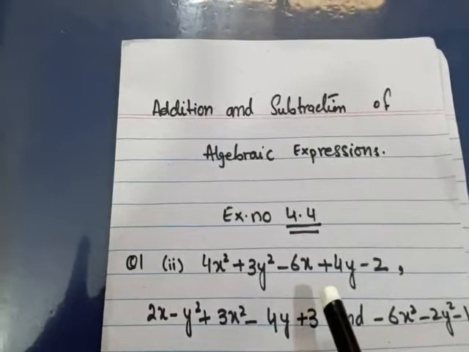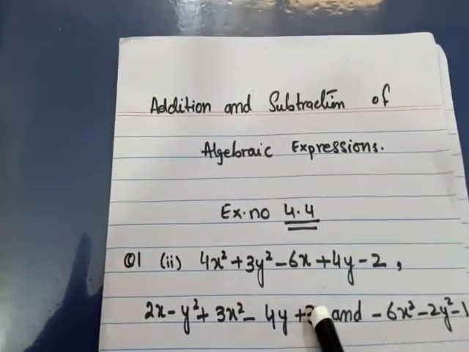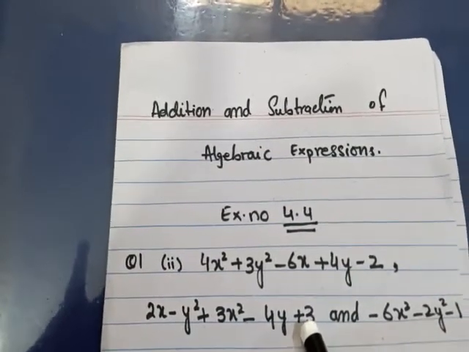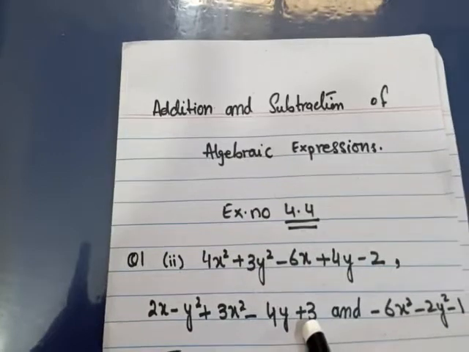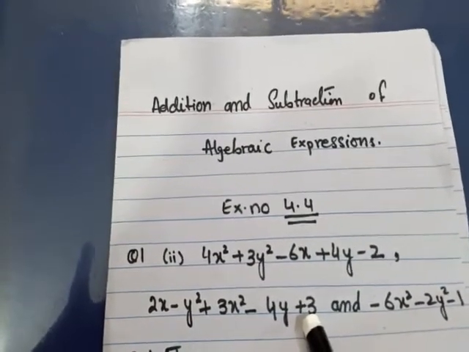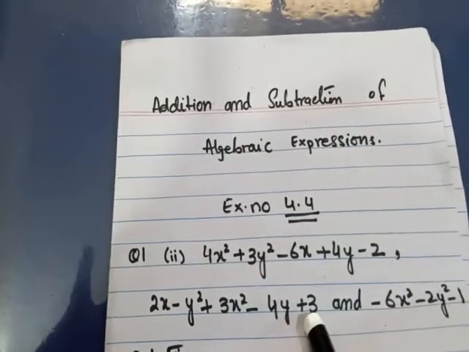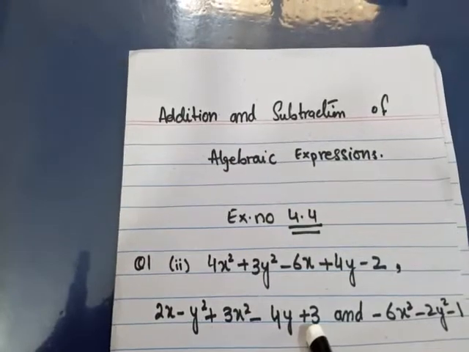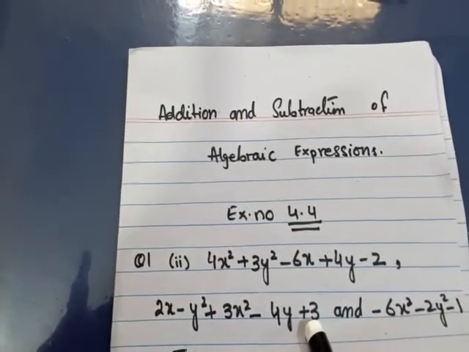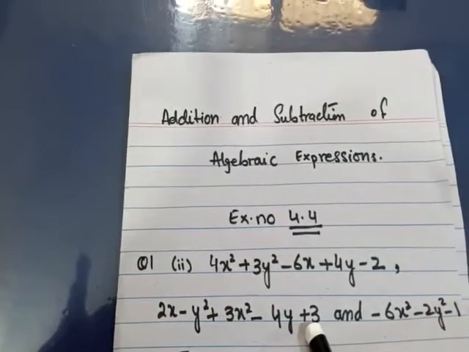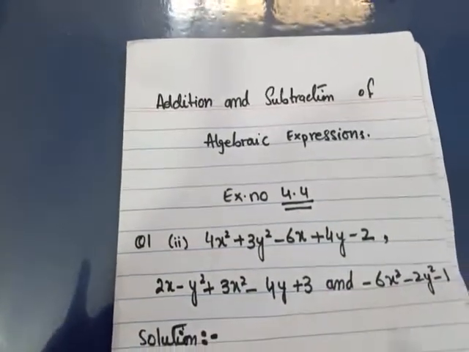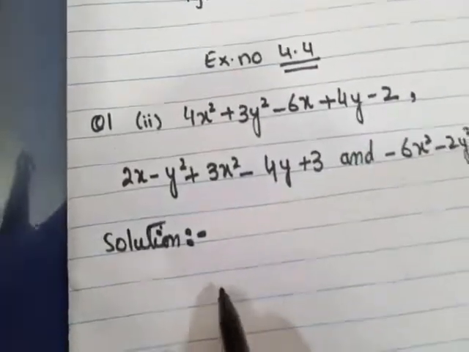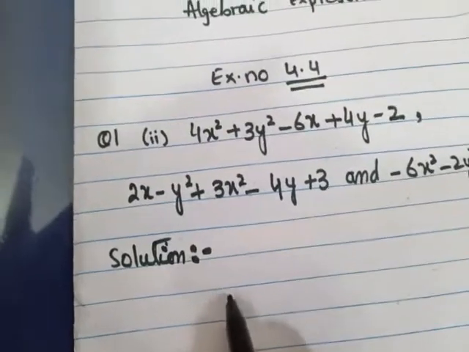So it means that for addition and subtraction, the main thing is to write like terms together. Whether you are going for the horizontal method or the vertical method, we require like terms for addition and subtraction. Now first of all, I am going to explain the vertical method of addition. For that purpose, we are going to copy the expressions under like expressions.